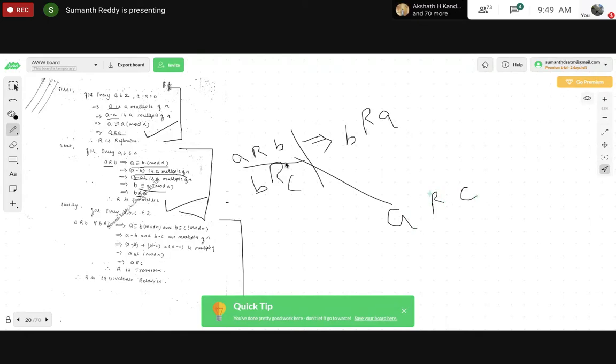So as I have already told you, one prior condition I have to take as an assumption. So this one I will take as an assumption. Okay, A related to B and B related to C, and I have to conclude A related to C. Based on this, I have assumed A related to B and B related to C. And as per the definition of congruent modulo, I have just elaborated this. If A is related to B, then A is congruent to B mod n. If B is related to C, then B is congruent to C mod n. I have just elaborated that.